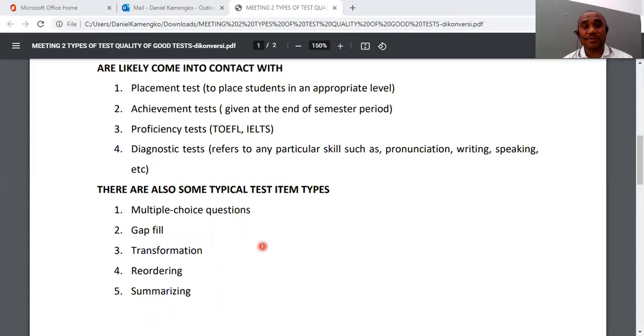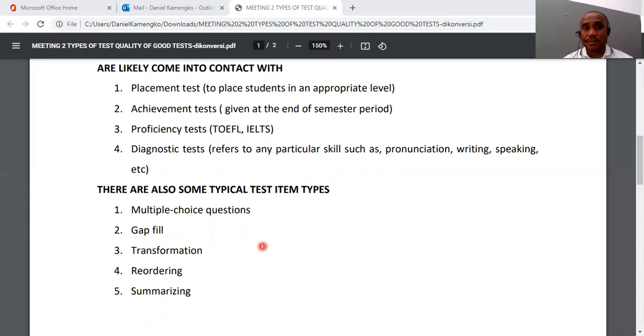And I myself am not happy with these multiple choice questions. In the next meeting, we're going to talk about this. But I myself am not satisfied with multiple choice questions. For me, it's only like cross and circle, without making your arguments in it.